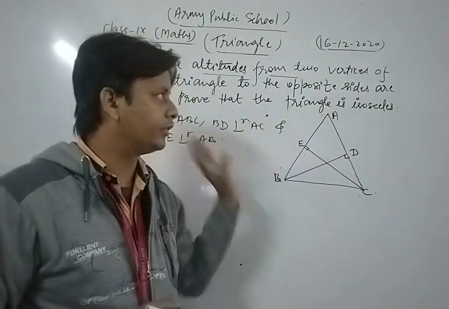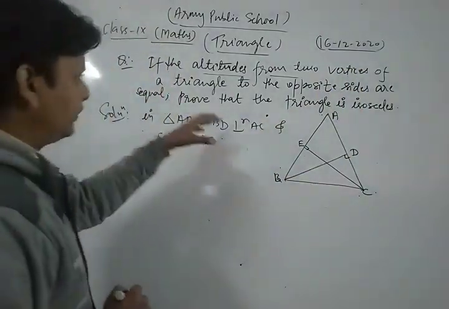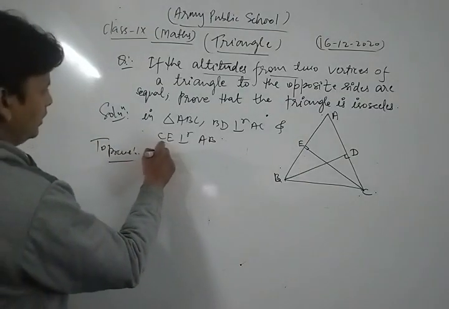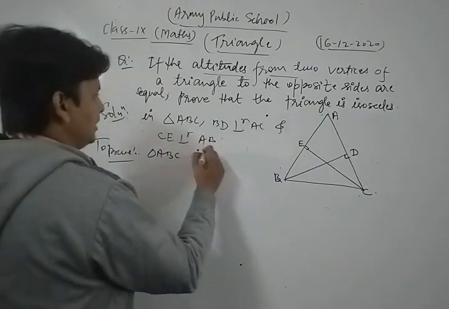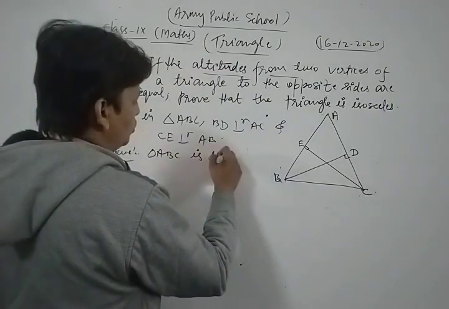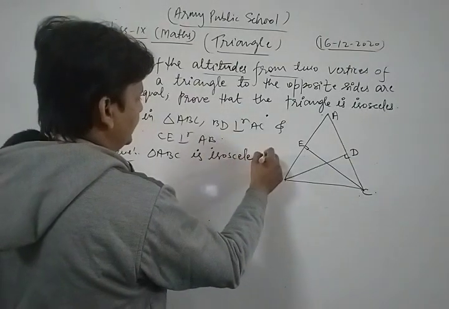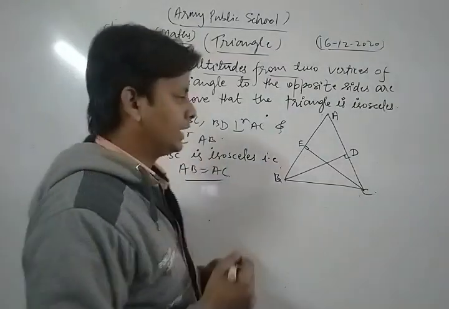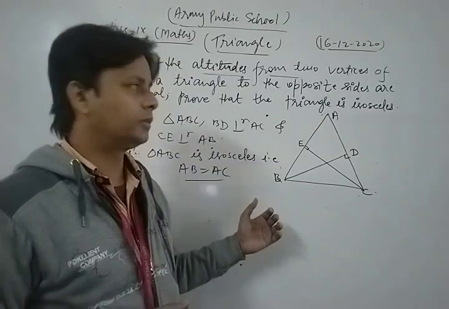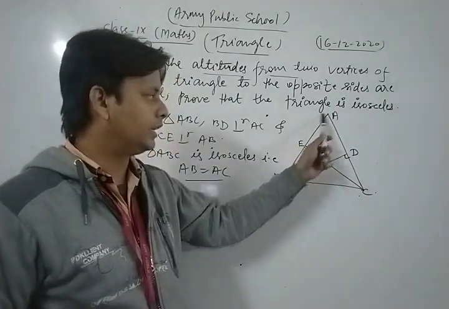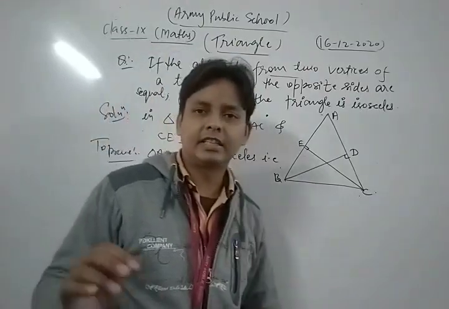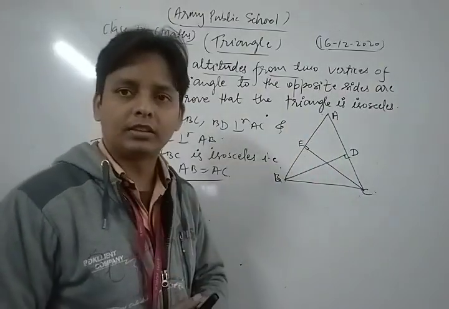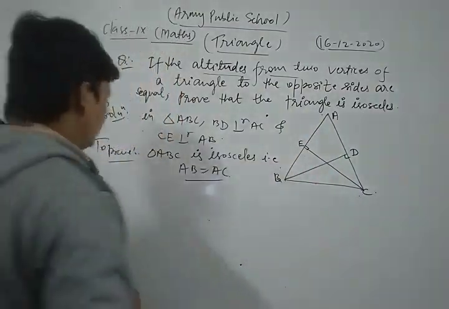By the given statement, we draw that figure. Now, we have to prove that the triangle is isosceles. To prove what? We prove, dear friends, triangle ABC is isosceles. That is, we show that AB is equal to AC. You know the concept of an isosceles triangle. If we show that AB is equal to AC, then it is clear that the triangle ABC is isosceles. Now we write the proof.